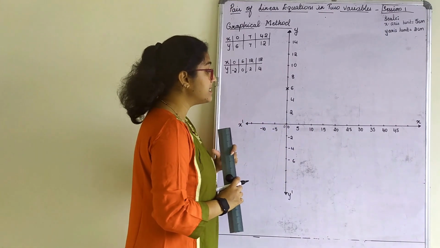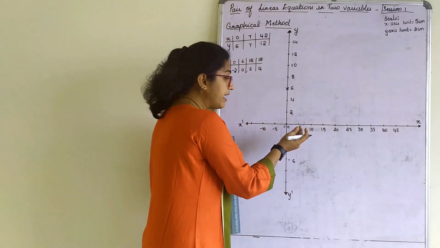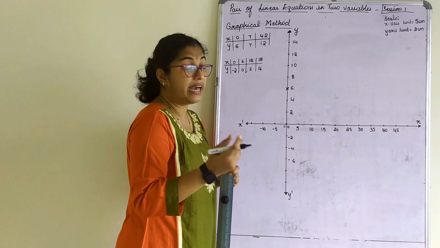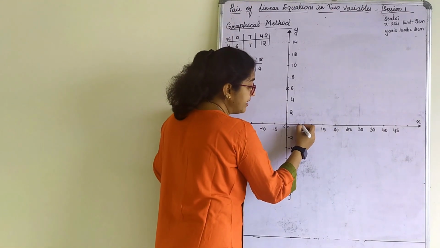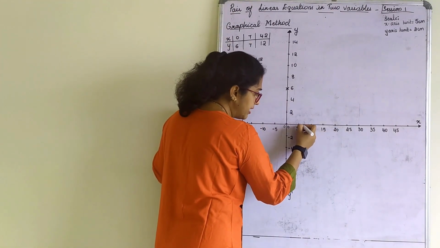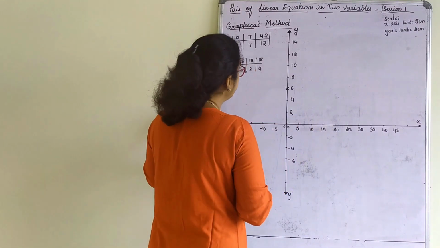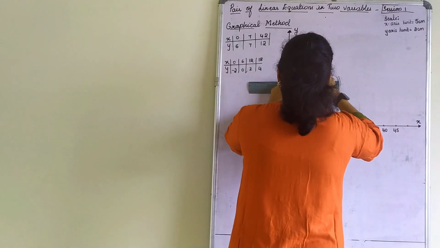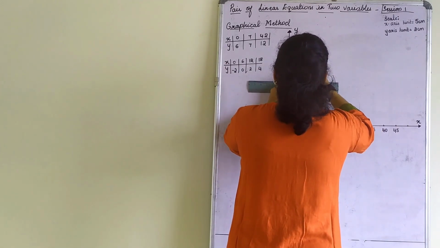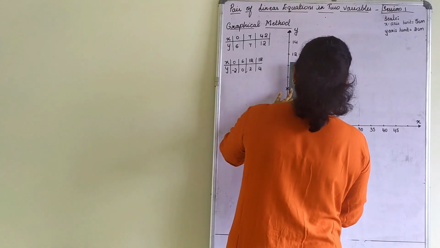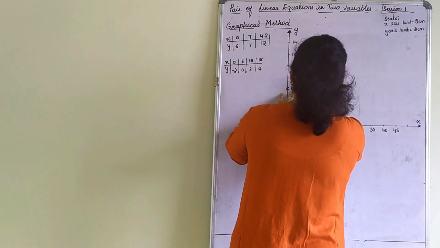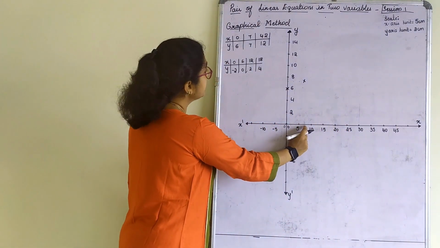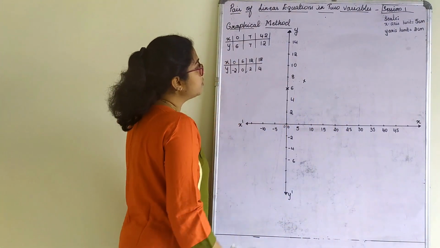Next one, x is 7. Now here my graph might vary a bit because I do not have the smaller lines here, but you have that. So count 5 to 10, 5 to 2. You can count and come to know which is 7. Okay, 7 comes somewhere here. If it is 7, it is 7 here also. So somewhere it has to come here. I will just draw some dotted lines. So it will come at this point. Right? So x is 7, y is also 7.